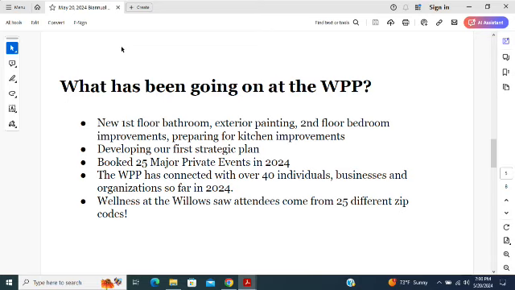We have developed our very first strategic plan, which is very exciting for us as a young nonprofit. Right now it's in the editing stages, but this will guide us over the next 3 to 5 years. It'll be a great guide for not only myself as the only employee, but for our board, future board members, for the public, and so forth.